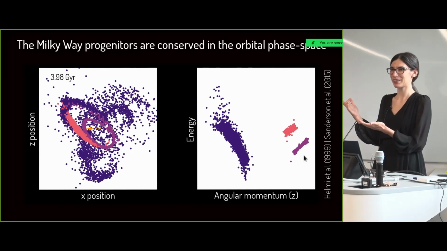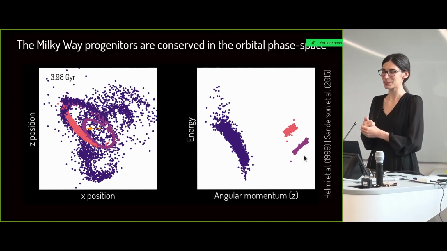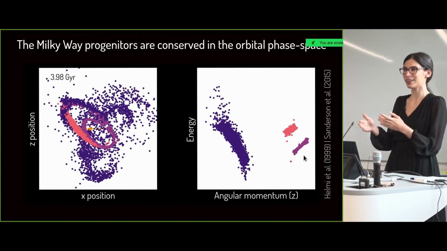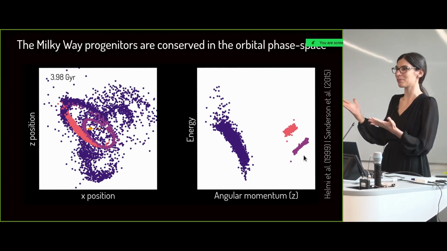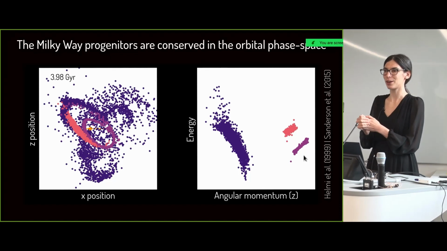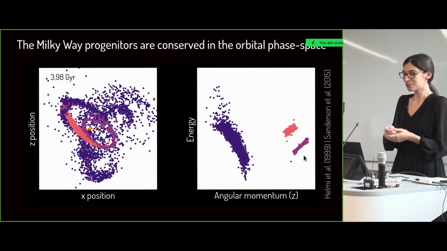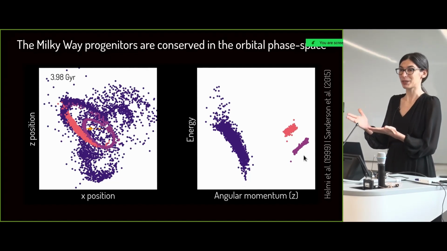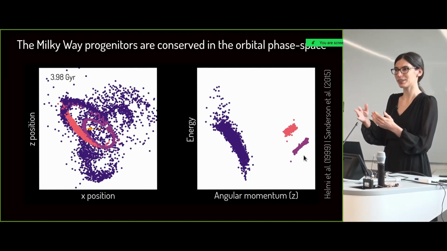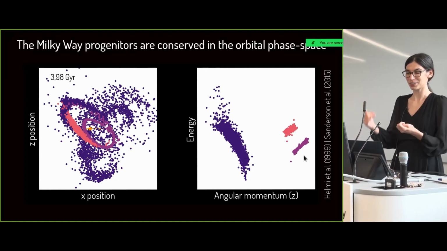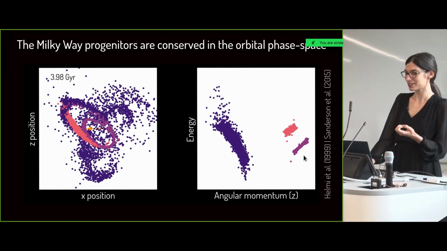to calculate the angular momenta, we need the 3D positions and 3D velocities, and in addition, to calculate energy, we need all of that and also some model of the gravitational potential of the galaxy so that we can calculate the potential energy. However, now we are at the point where we have a pretty good guess, at least on average, of what the Milky Way potential is like. And as you saw, we also have these measurements of the positions and velocities of stars.